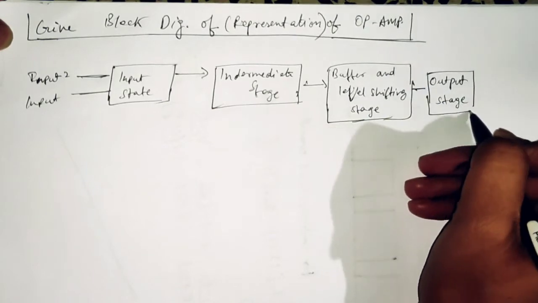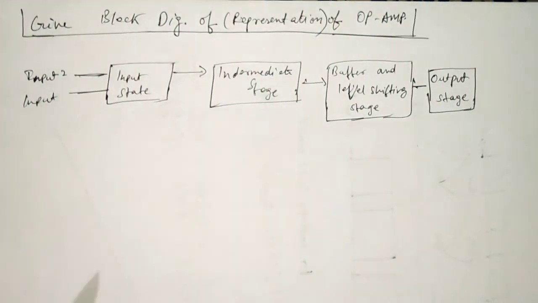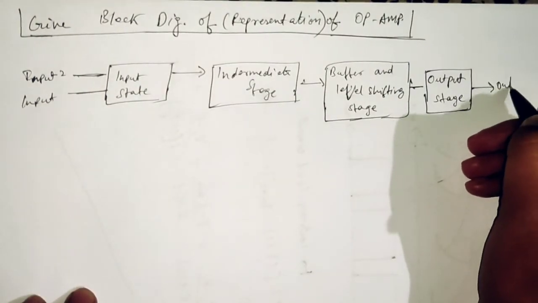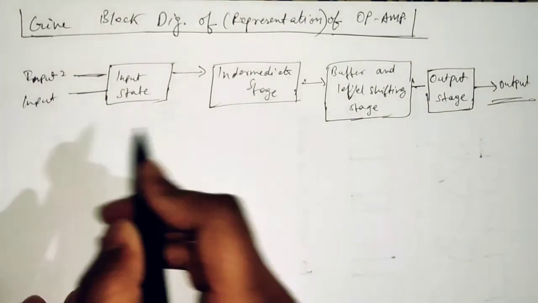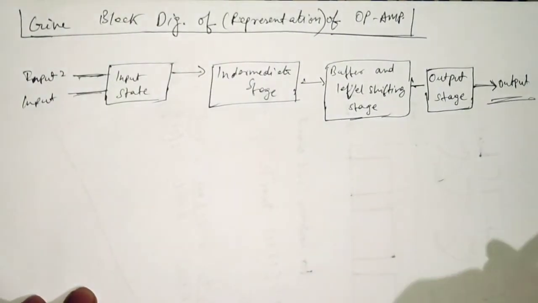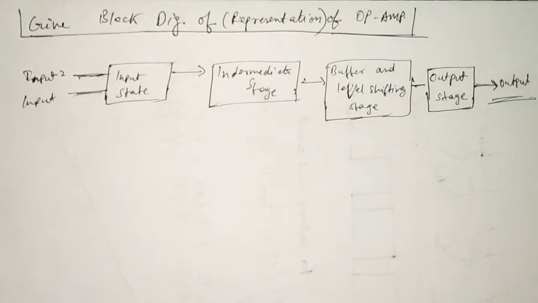So in this topic we are going to study the full block diagram. Each and every box we are going to talk about in detail, and here at last we will get the output. From here there are 2 sources of IC input, and the output is only a single source. So now, first of all, let's talk about the input stage. The input stage requires high input impedance to avoid loading on the sources. It requires 2 input terminals.